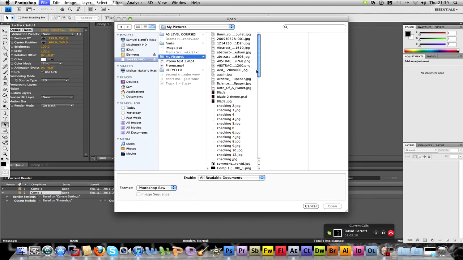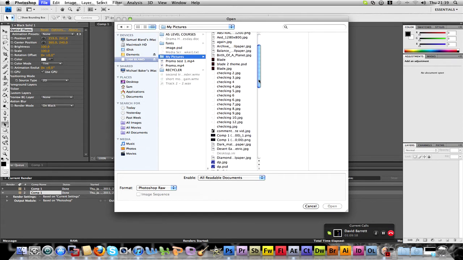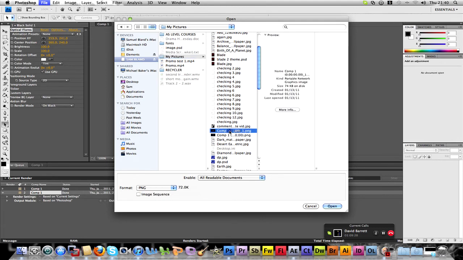I save it on my memory stick because I take this to school, and it's just easier for me because I can edit at school as well. So there's the first one, and there's the second one. I think I picked the second one. So yeah, pick the second one. Open it,